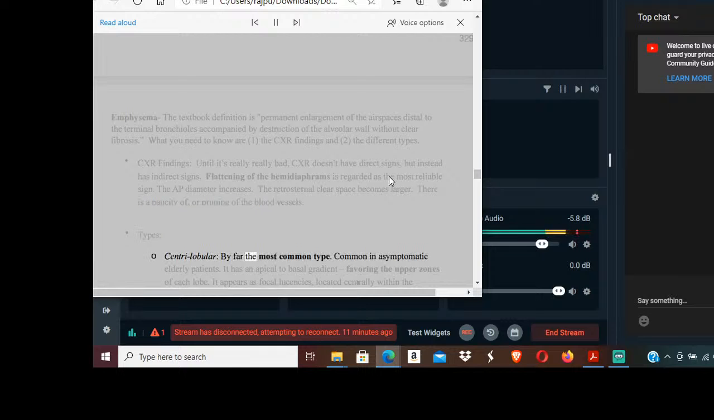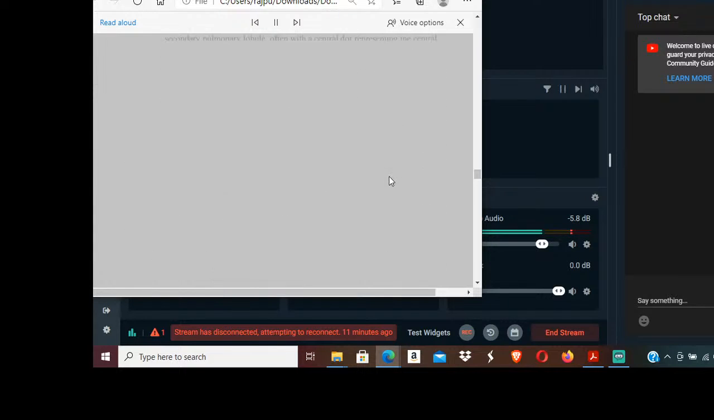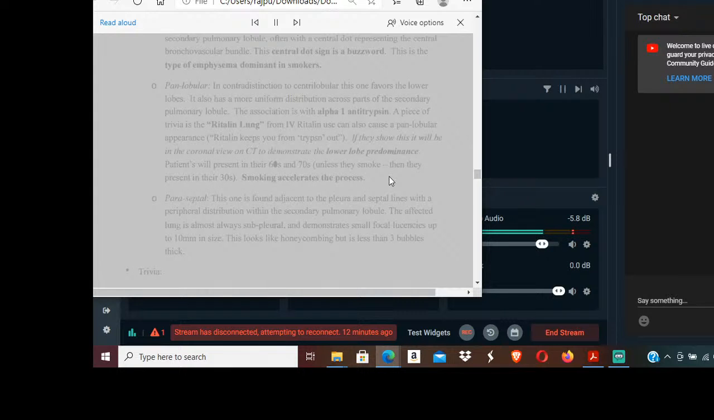Centrilobular, by far the most common type. Common in asymptomatic elderly patients. It has an apical to basal gradient, favoring the upper zones of each lobe. It appears as focal lucencies, located centrally within the secondary pulmonary lobule, often with a central dot representing the central